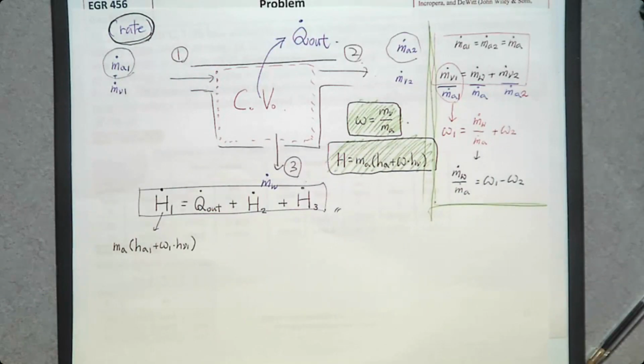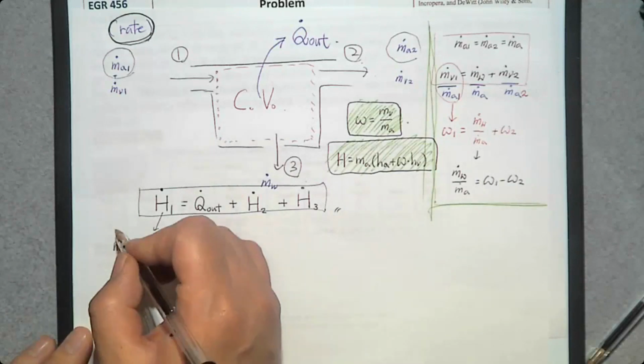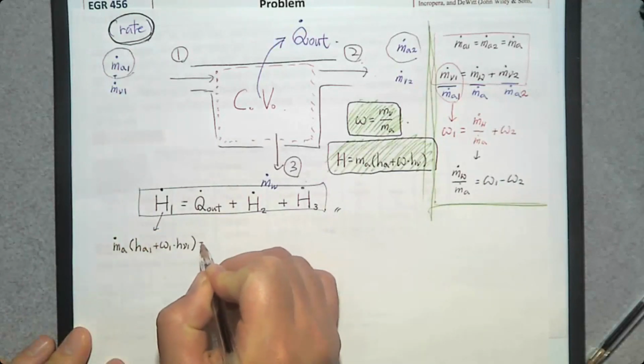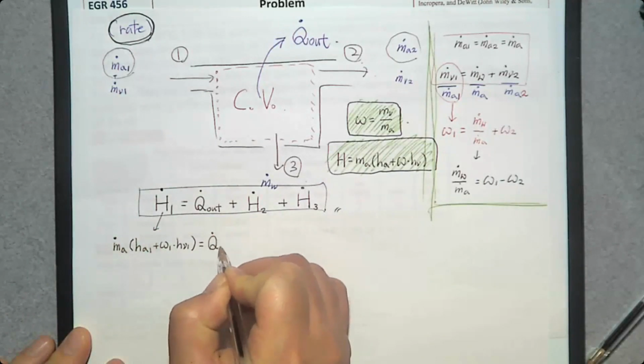The only missing is m dot A, and we have a dot on top of it. We can add a dot on top in just one place. And m dot is Q dot out